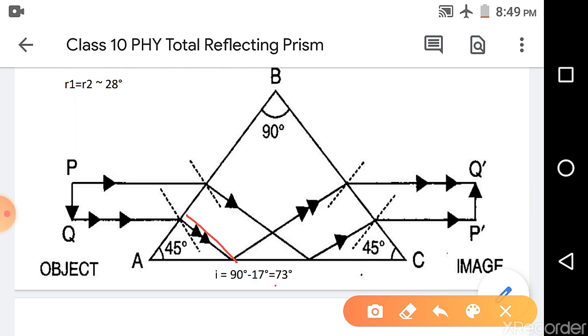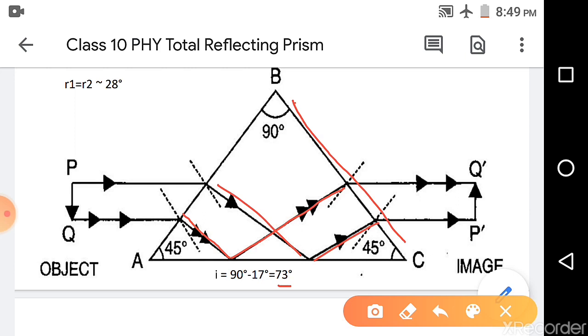This angle is the same for this ray also. So this 73 degrees, which is the angle of incidence, that means this angle. If the angle is 73 degrees, greater than the critical angle of 42 degrees, I mean 42 degrees is quite less as compared to 73, so there is a total internal reflection. The light ray, incident at the angle 73 degrees, is reflected totally toward this direction, and now it is again incident on the surface BC, as you can see. This light ray is also incident on the surface BC.